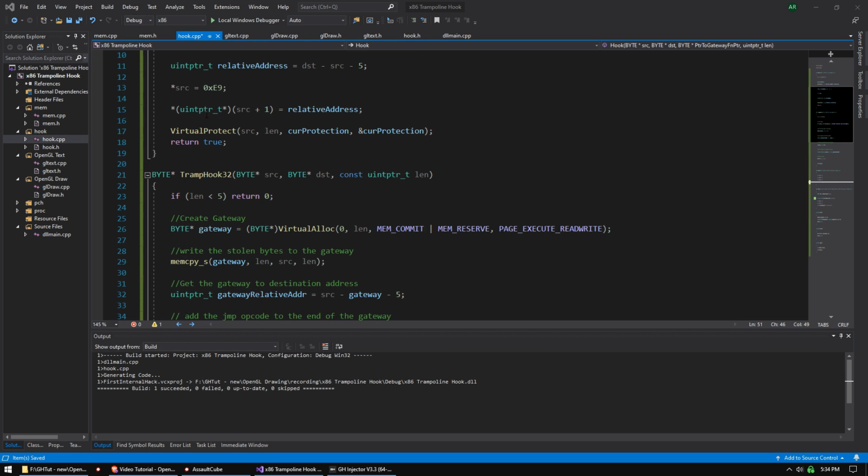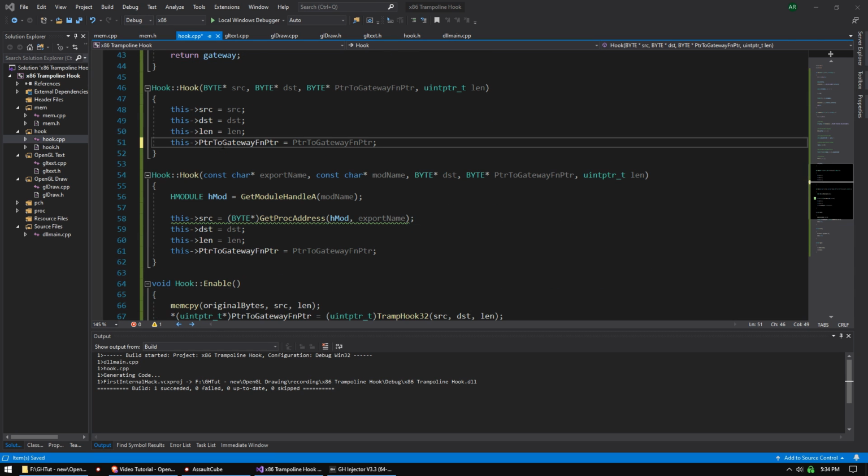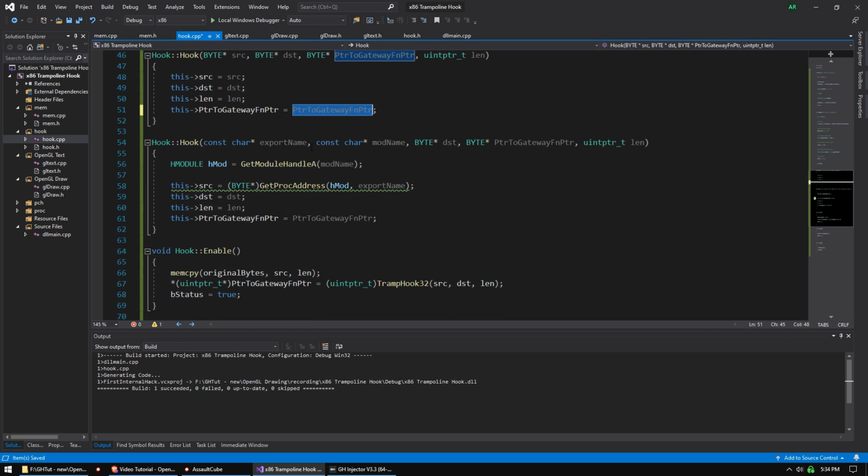We already know detour. We already know tramp hook. This is just a constructor. Keep in mind that this is going to be a little bit confusing right here, so when we write that, when we call us later, you'll see why. So this is just our basic constructor, and then this one is our wrapper around kind of the original constructor,